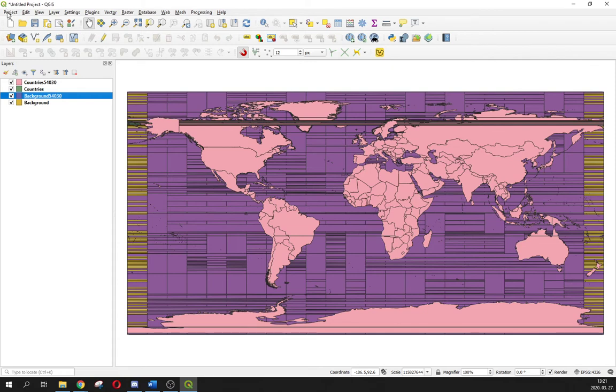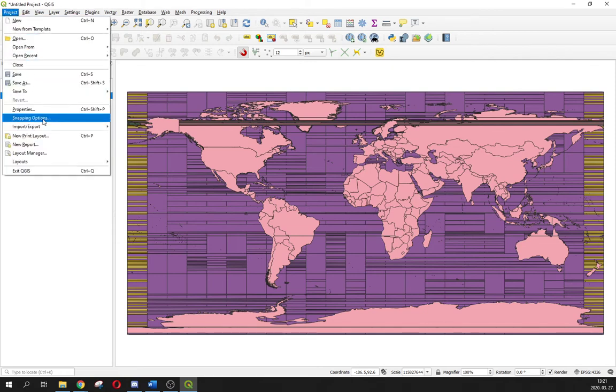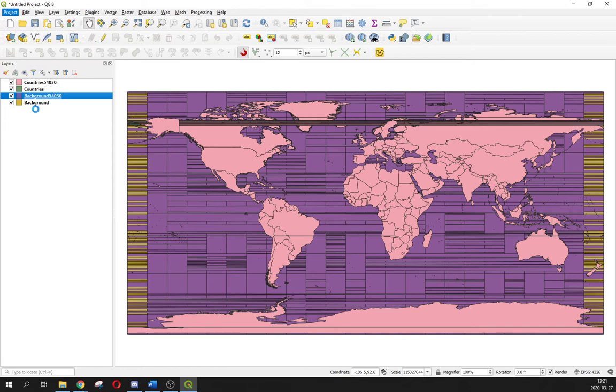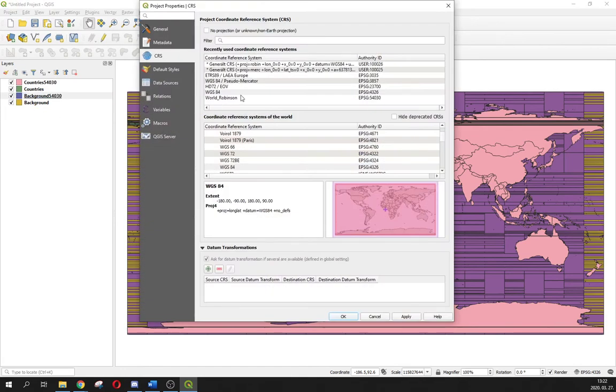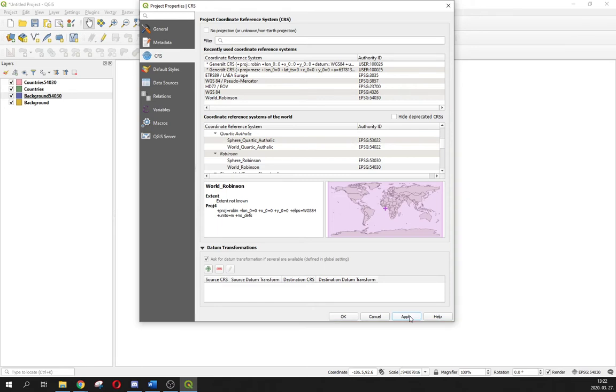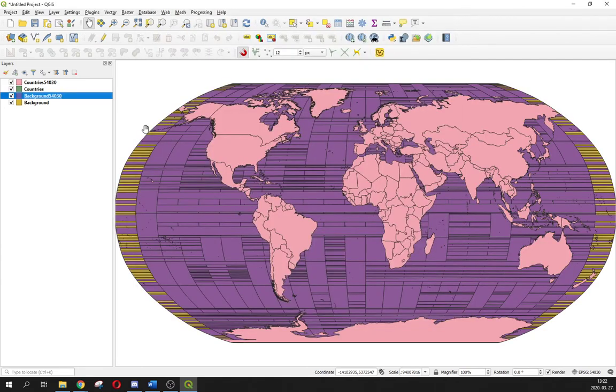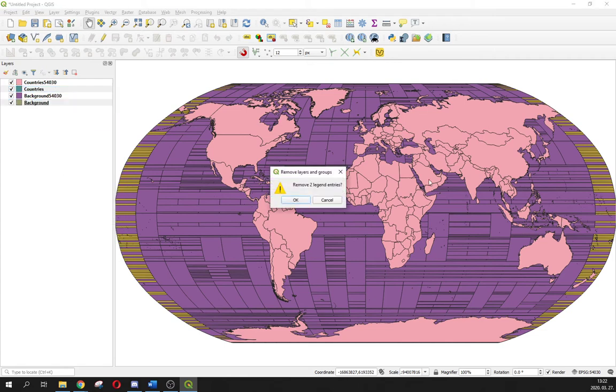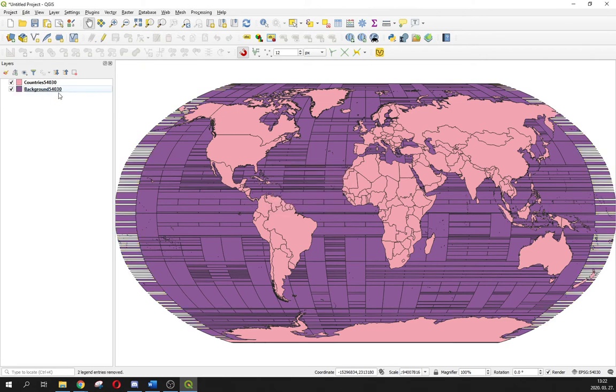complete this, click to the project and properties and set the World Robinson projection for the view as well. Apply and OK, and remove the original layers. Remove layer. You have only the saved maps, but the background is a very